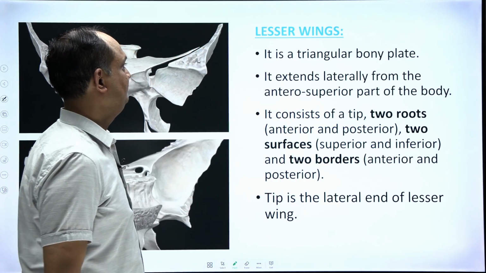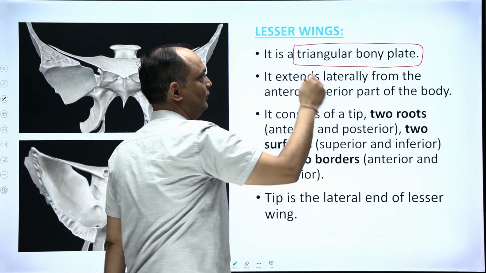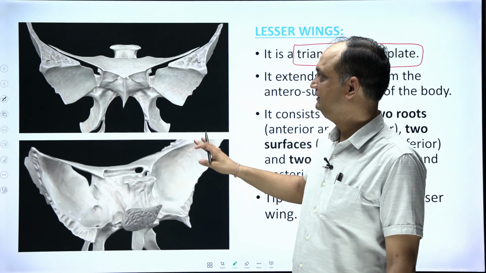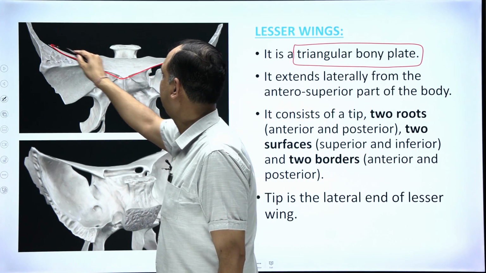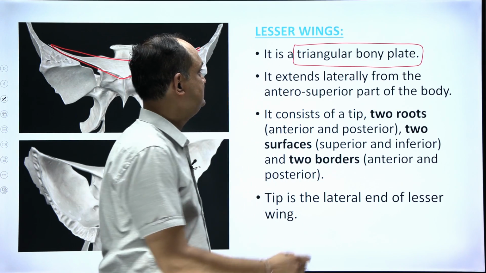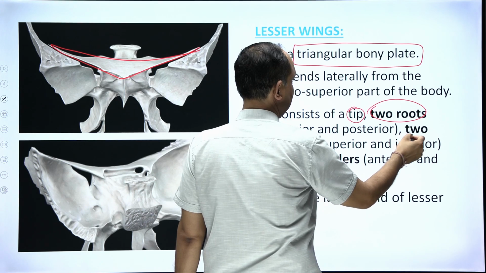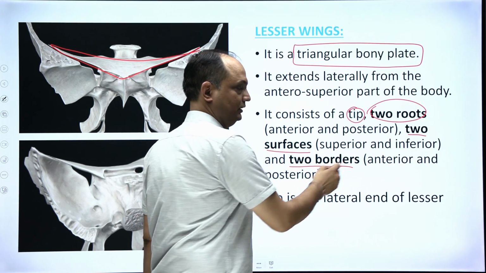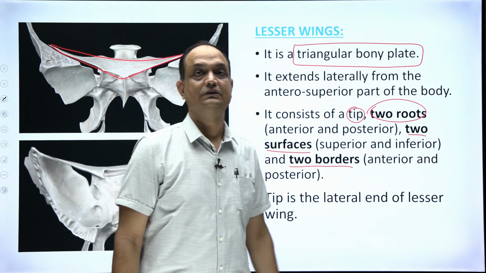Now when you see the lesser wing, you know that it is a triangular bony plate. Now where is this triangle present? When you see the sphenoid bone, this is the triangular bony plate which is present here. This triangular bony plate has a tip, two roots, two surfaces and two borders. We will discuss one by one the important features in the different parts